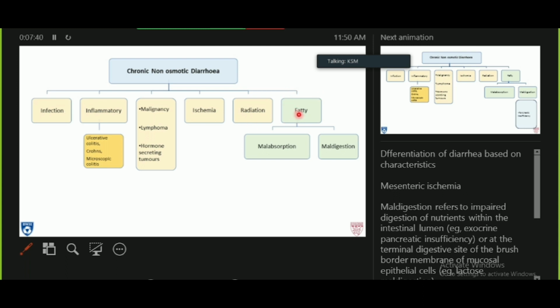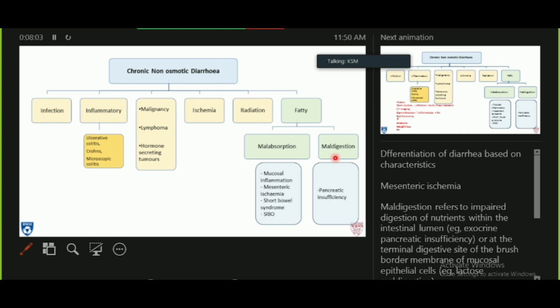colon. And then steatorrhea is something that many patients have, where they report these very fatty, pale stools, which, if you go by the textbook, are difficult to flush. This can be due to maldigestion, which is due to insufficiency of pancreatic enzymes, which prevent the absorption of nutrients into the mucosal cells of the intestine, or it could be due to malabsorption, such as in Whipple's disease or in Crohn's disease, where mucosal inflammation prevents the intestinal mucosa from absorbing nutrients. You could also have surgeries which lead to short bowel syndrome or small intestinal bacterial overgrowth, which can lead to